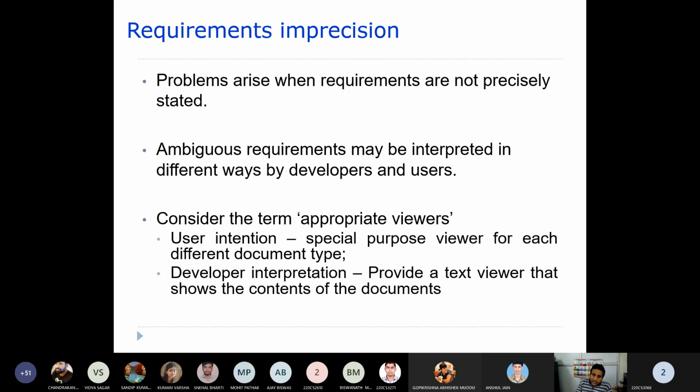But whether it is PDF text or doc text or Notepad text is not mentioned, right? So the developer can go with any sort of interpretation. That is what I am saying to you. Always the requirement should be specified very precisely, and it should not leave any multiple interpretations. That is the requirement imprecision. That's a problem.